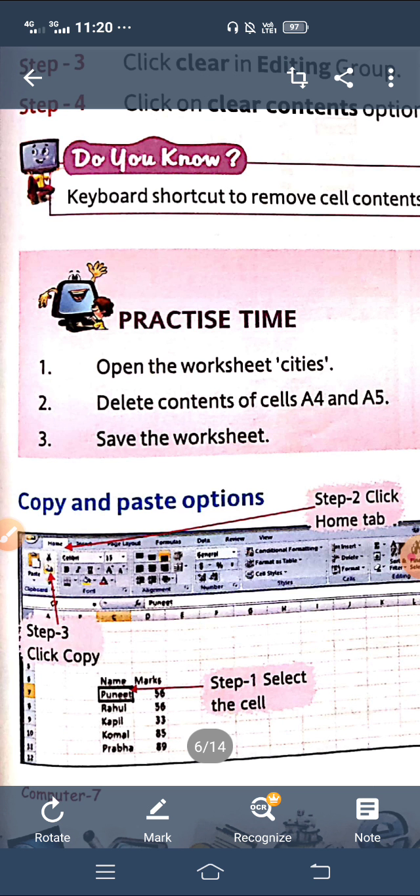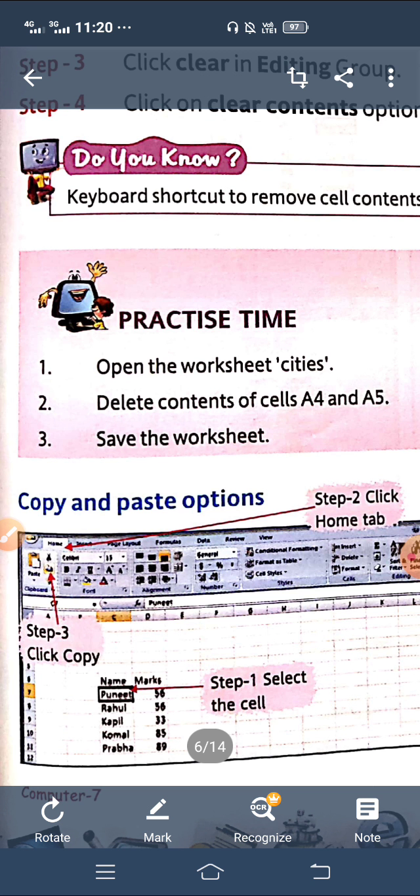Suppose I want to write the name of Puneet 10 times. Here you can see one table on your screen. In that table, different names of students are there and marks in different subjects. Like Puneet has got 56, Rahul again 56, Kapil 33.